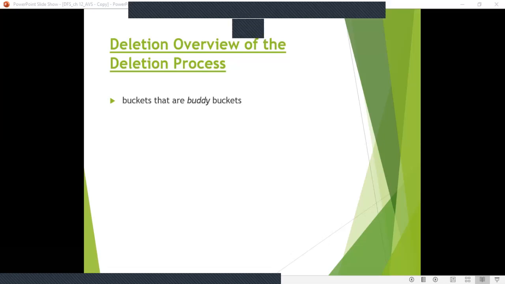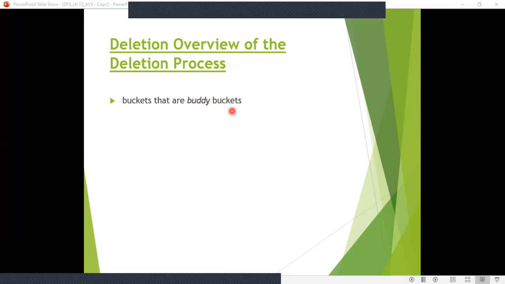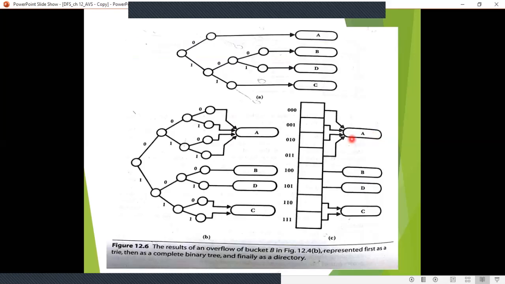Using this buddy bucket only, you can combine. That is, when you want to combine the bucket, you have to see if it is a buddy bucket or not. If it is a buddy bucket, then you can combine it. Buddy bucket means it is the child of the same parent. Now see this figure here.